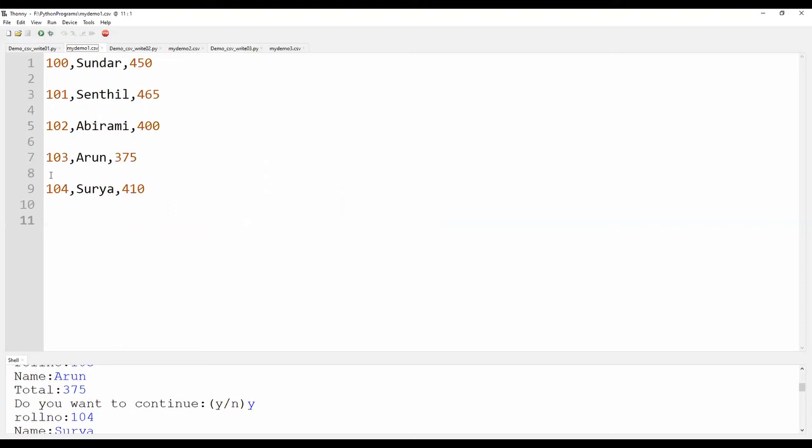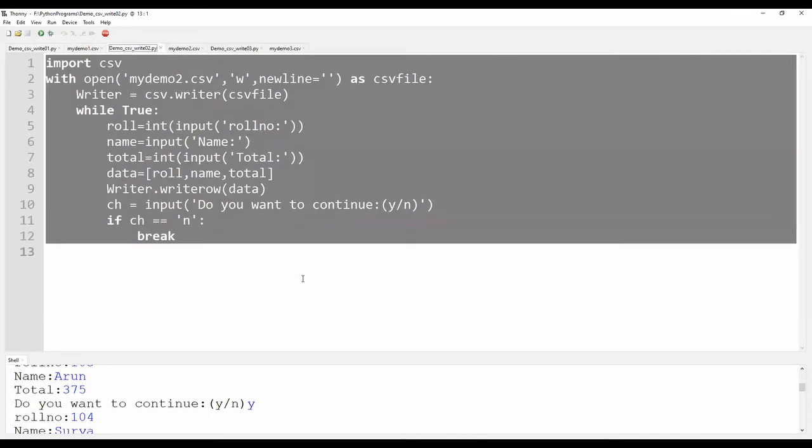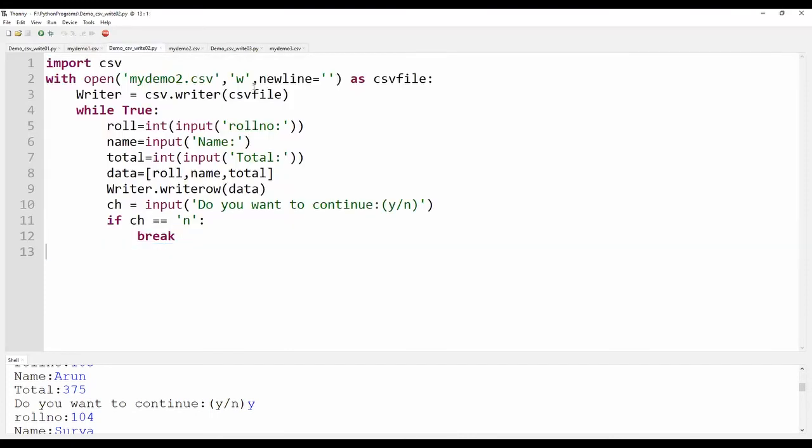In order to suppress this one, I have written the same program with an extra parameter while opening the file, namely newline equal to blank. That is, it is trying to suppress the blank lines which you saw in the previous mydemo1.